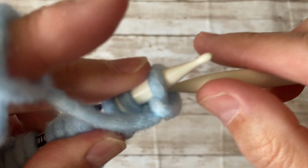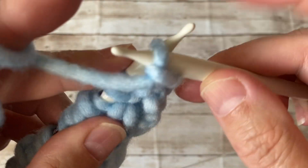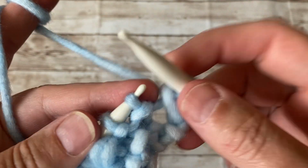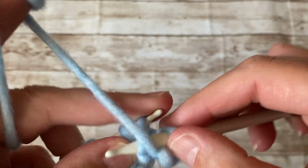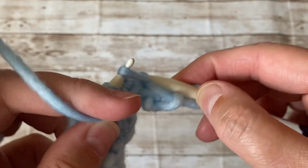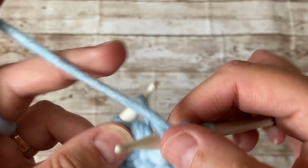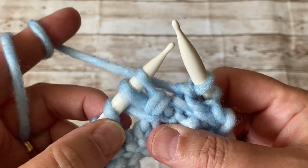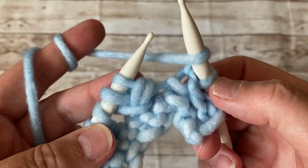So the first 3 stitches, the first stitch I don't knit. I slide it so it gives me this nice edge. Okay, the first 2 stitches we're going to purl. Okay, and this is the wrong side of the work. Okay, and now what we're going to do is we're going to knit the 3 stitches, yarn over